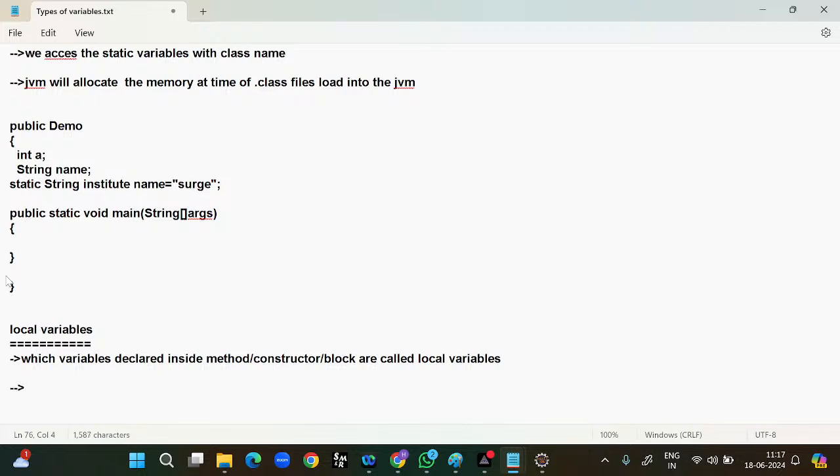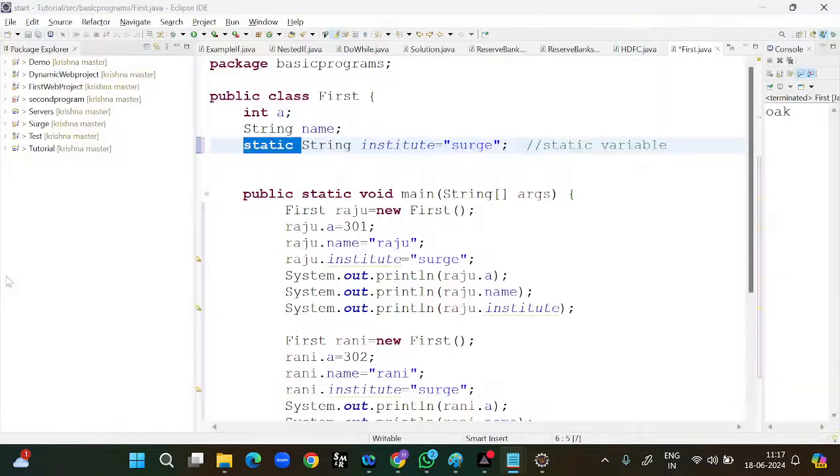And the second point is that local variables we can access inside the method only. Inside the method only. For example, if I take